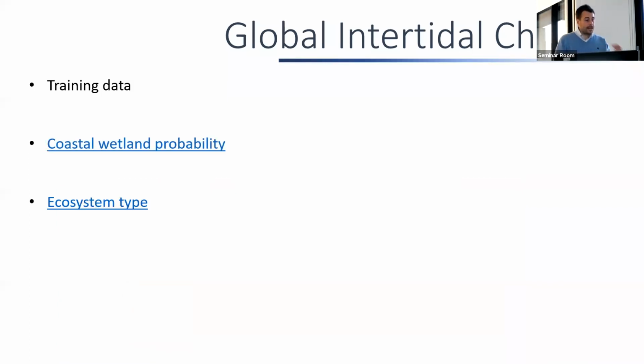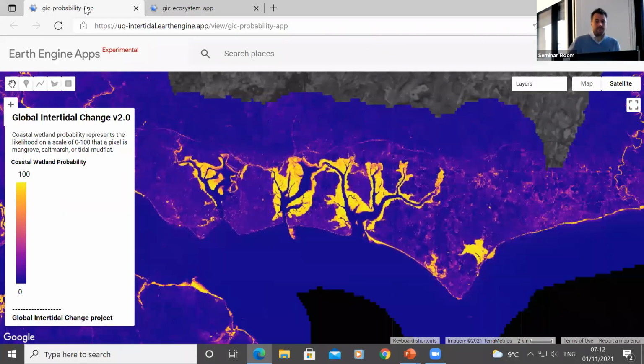The next step is a second classifier was used to predict the ecosystem type of each pixel that was classified as a coastal wetland. And so this was limited to 3 coastal wetland types. There were some decision rules, so you couldn't go over a certain elevation. Understandably, we find coastal ecosystems at the coast, so their elevation is very low. The mangroves are limited within a geographic range, so there are no predictions in the UK of mangroves. We don't have any. And we use an agriculture mask to remove those areas that we know to be coastal agriculture.